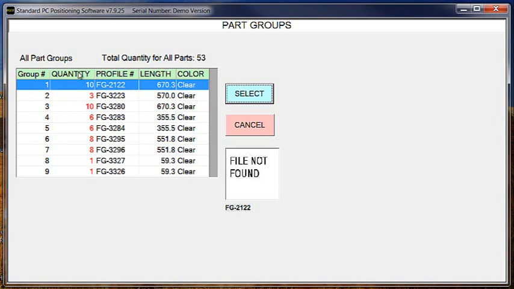Okay, so now let's look at our grouping list. Now we are only sorting by profile number and color, and you can see the length. The length column, just so that you know, is the total number of inches required to cut all the parts in this group that we've chosen. It's 670 on the first group, 570 in the next group. This helps you determine how much material to bring to the saw before you start cutting it up. Okay, so I'm going to choose this first group,